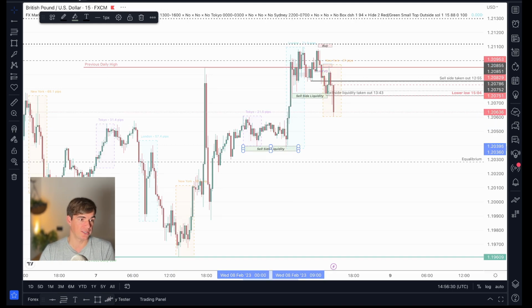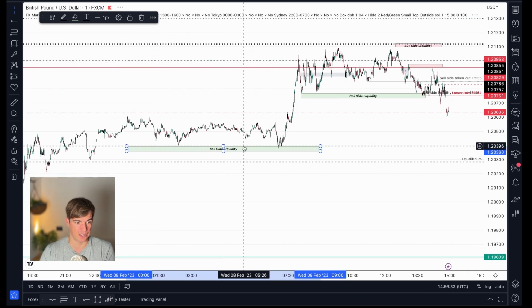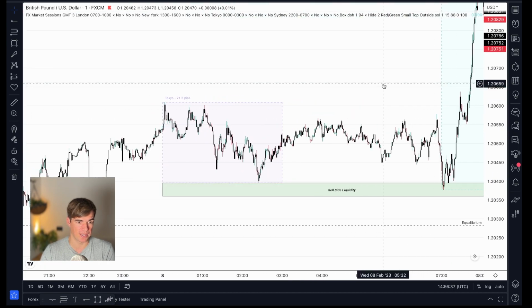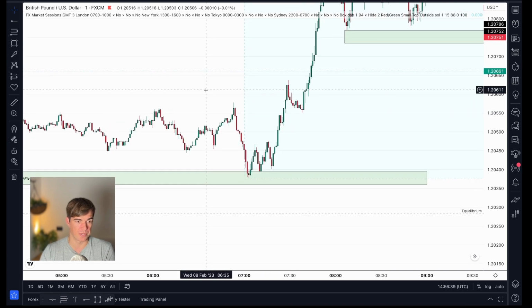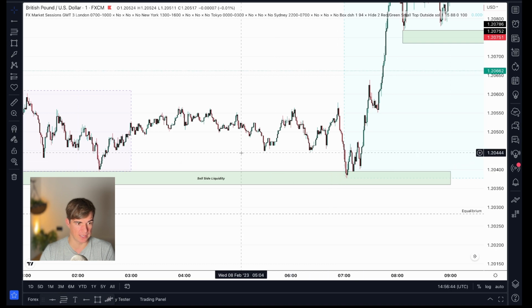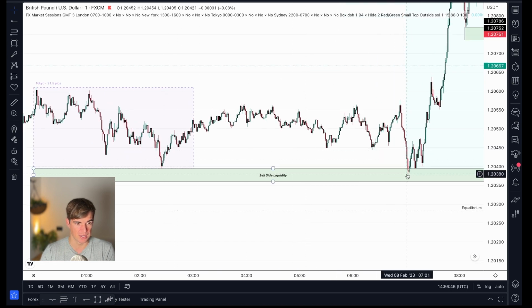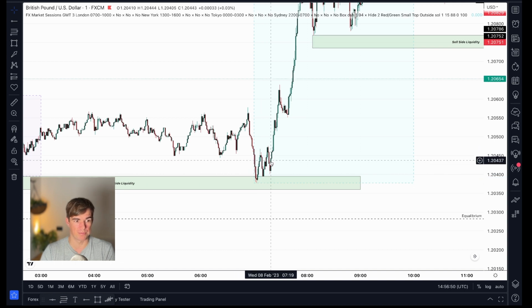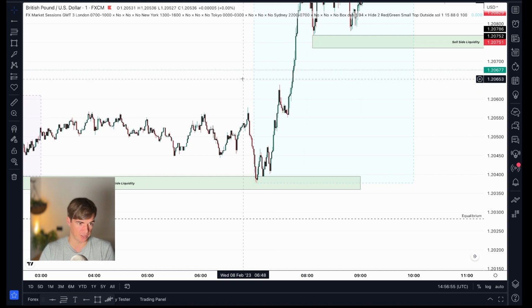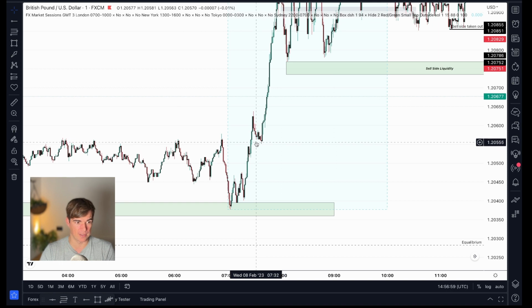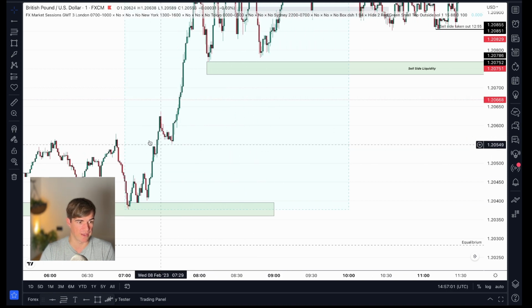If you were going to trade this, I'm just going to show you quickly where that entry would have been. I didn't take this trade, but I think it's useful for people to see. What we had is we had a sweep of liquidity below here. These are the lows of the Asian market. The liquidity was taken out here. We had a break up, and then this is the actual break of structure, the change of the conditions. And then the price came back into this fair value gap